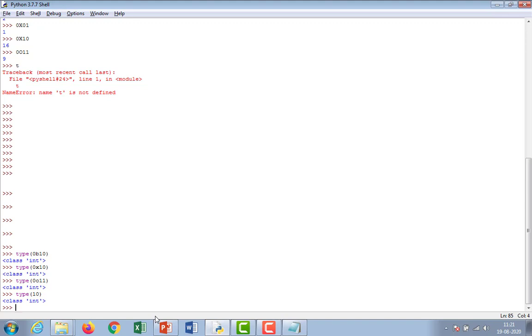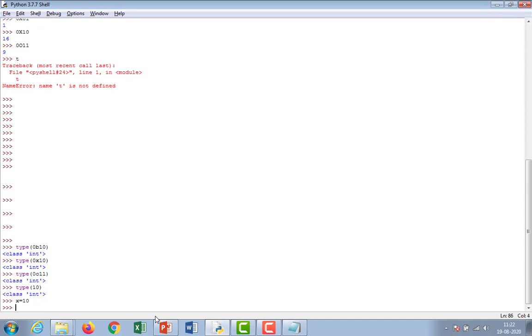An important note: if you want to display a value, you don't need to use the print function. You just type that value at the command prompt with three arrows and press enter. Suppose x is equal to 10, enter.